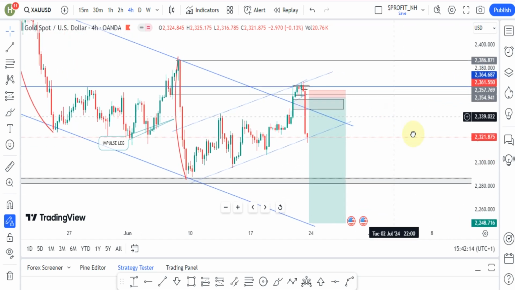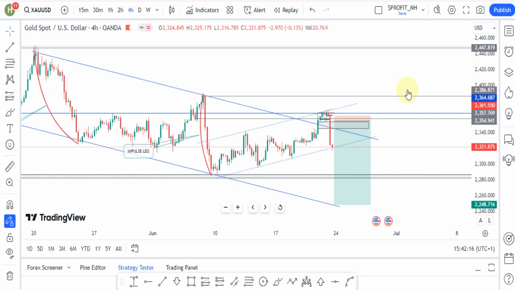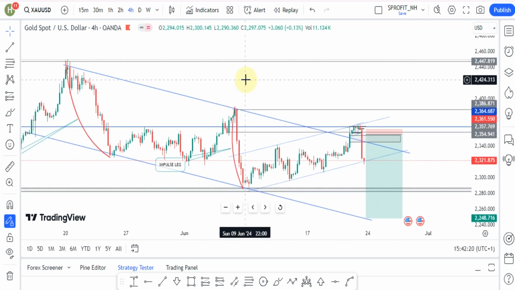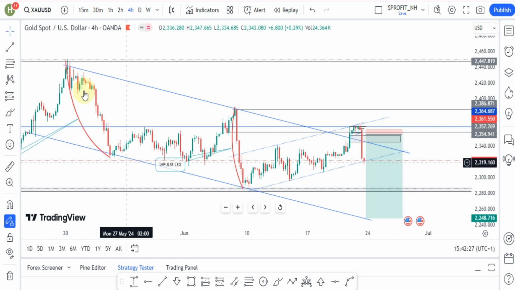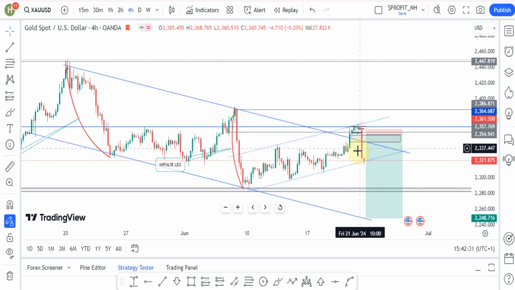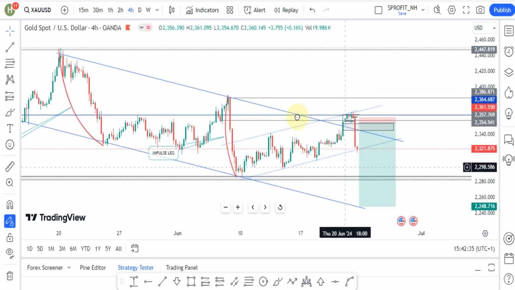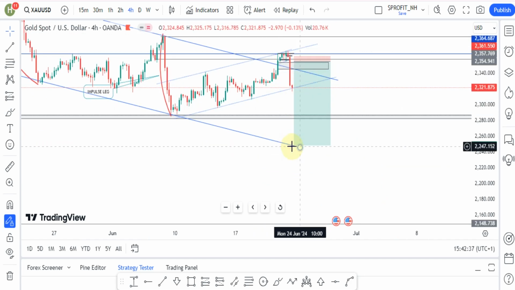So you see at this point, the gold market is still on a downtrend from the bigger time frame perspective. From the bigger time frame perspective, the market is giving us bearish trends, whereby we're having this impulse move, correction to the downside. We have this impulse move to the downside, correction, impulse move, correction. So what we're about to have at this point right now is another impulse move, whereby we see this market will have to go all the way down here,